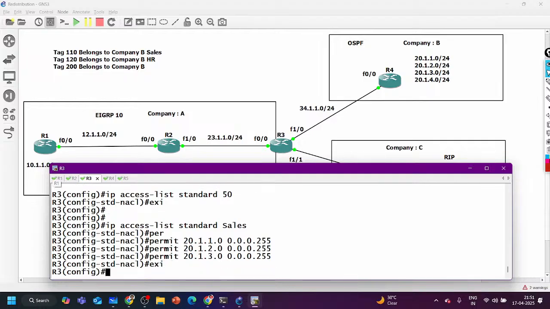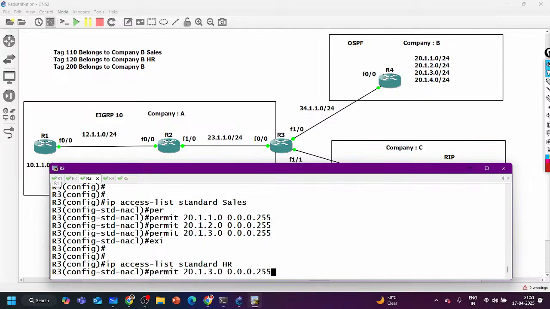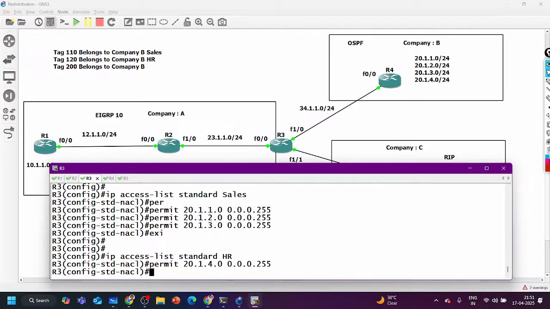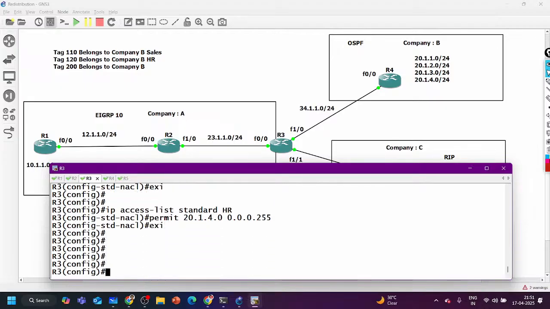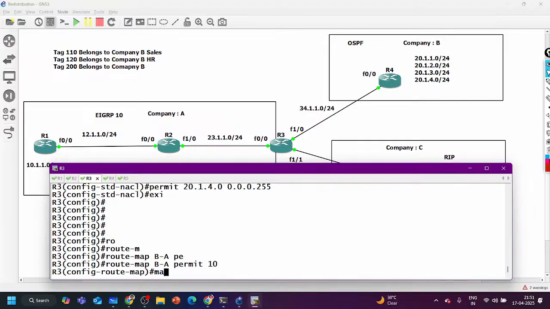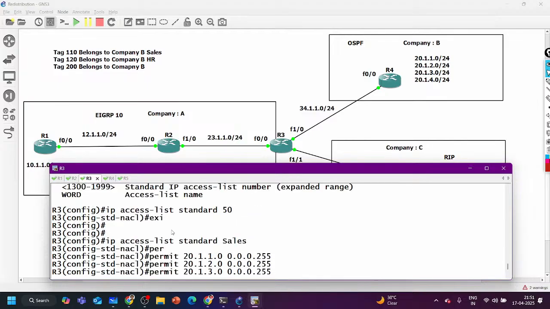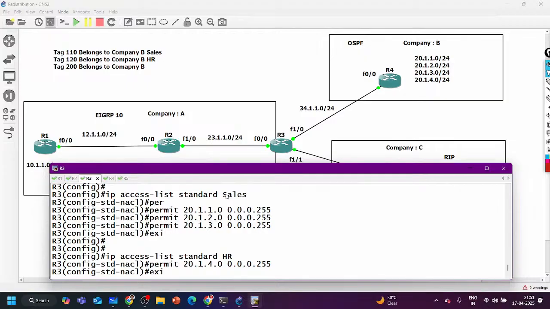And one more access list with name, let's say HR, and here I will permit 20.1.4.0. Now let me create one route map. Let's say the name is B2A. I'm taking a simple name B2A permit sequence number 10, and here I am saying match IP address from access list name sales.